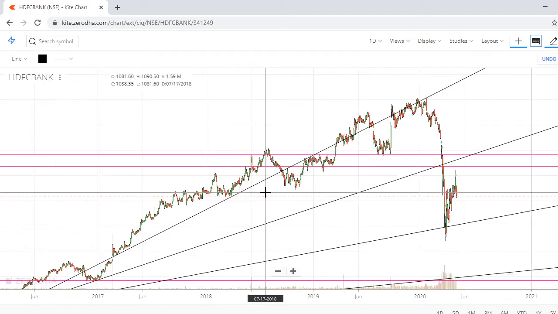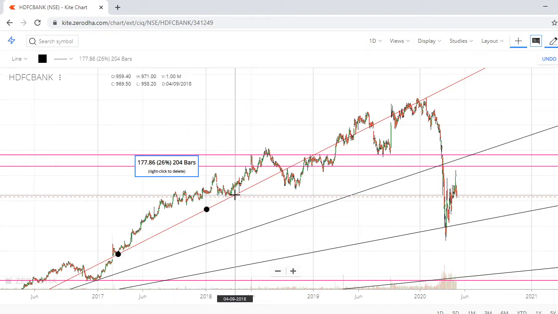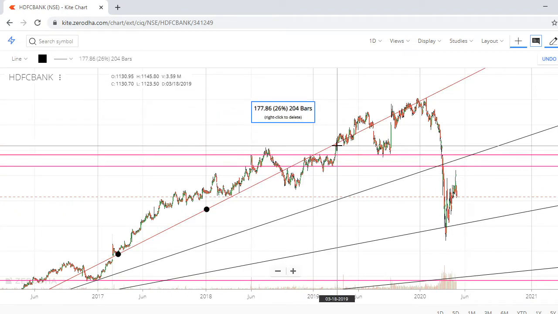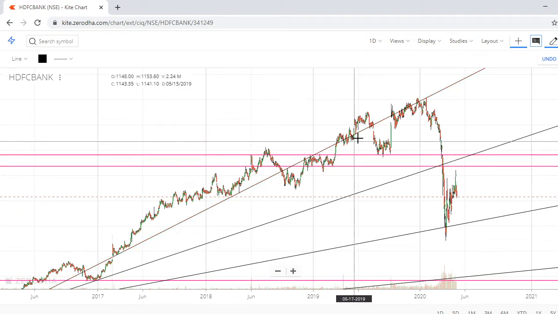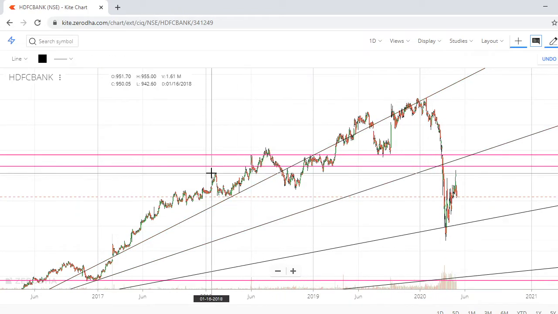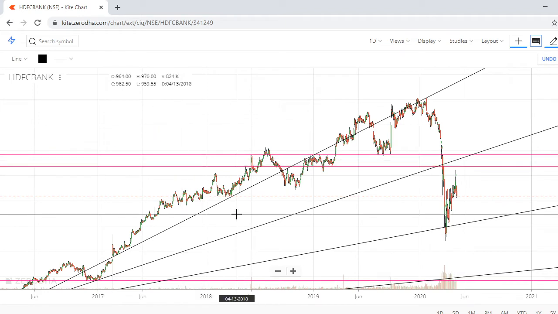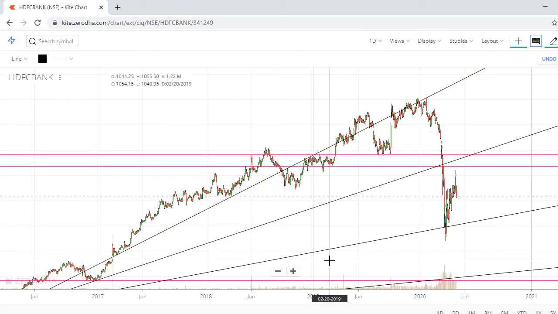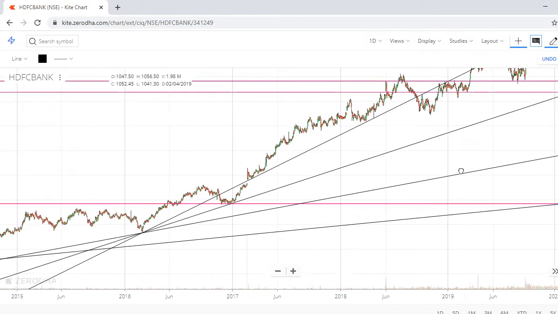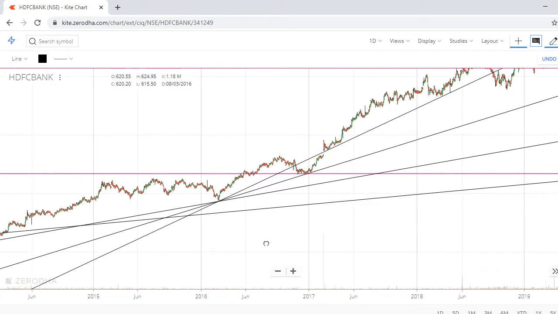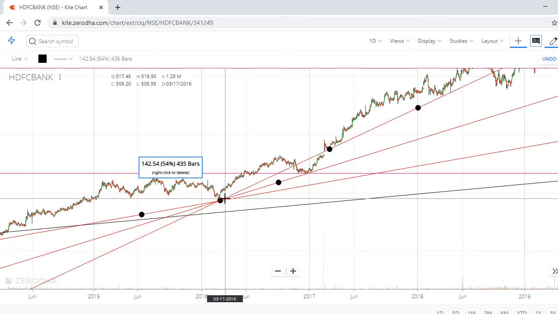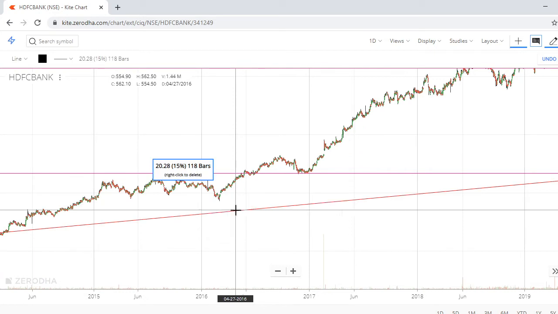See, if someone joins these two, there it's broken and it is acting as resistance, resistance, consolidation, then support, again resistance. See, that's it. This is the static line and these are the dynamic lines. There is no hard and fast rule. By experience, slowly you will start learning how to draw. See, if any 2-3 lines are combining like this, then that level will act as a strong level.